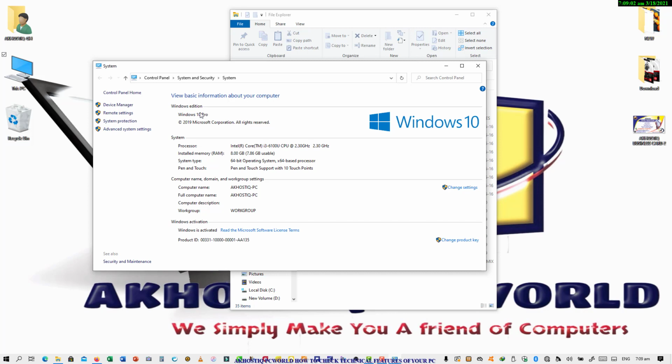So here we have Windows Edition, Windows 10 Pro, then the year in which it was released, that's 2019. Below that we have System. Now we have the processor, the name of the processor. If it's i3, i5, you see everything here. Now this